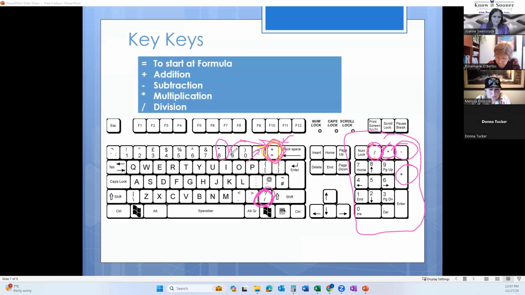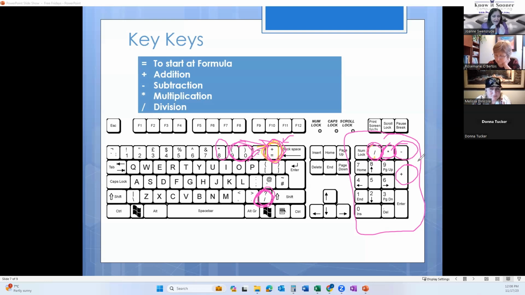Once in a while, you need some brackets to force something to happen first. Do you remember your BEDMAS from school? Long time ago. If you want something to happen first, for example, if you and I are putting our money together and then dividing it by 2, let's say you have $10 and I have $20, you'd go 10 plus 20.